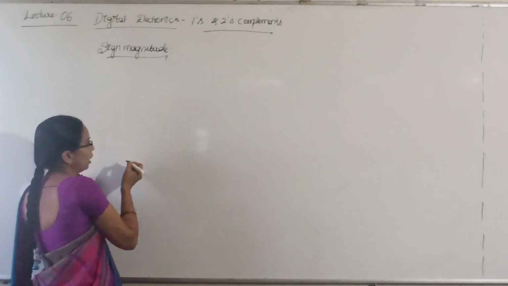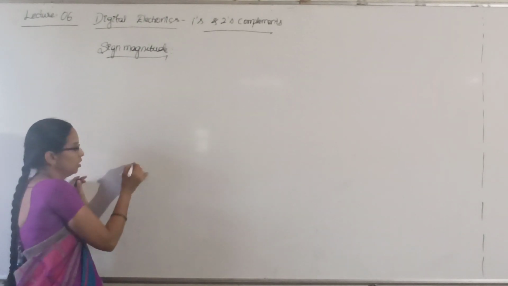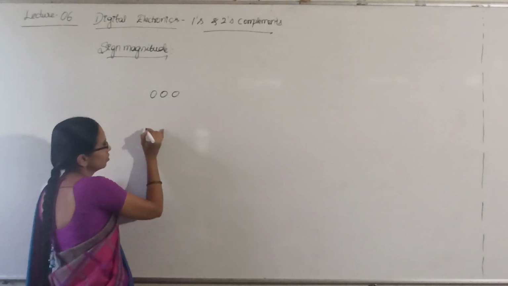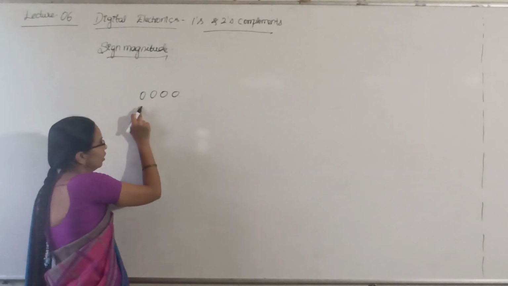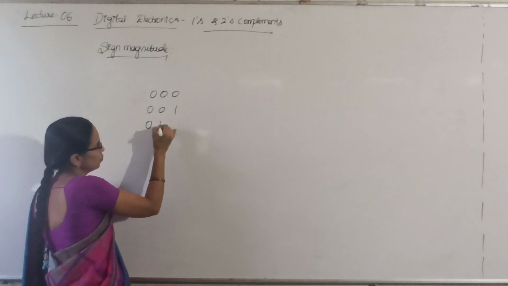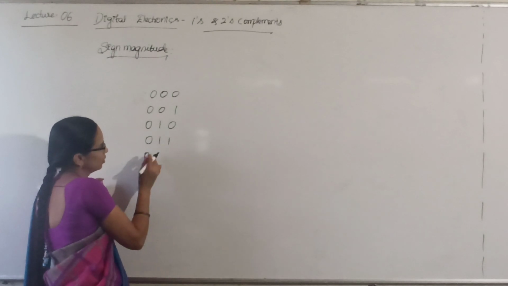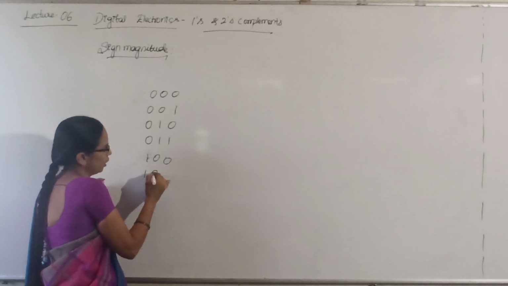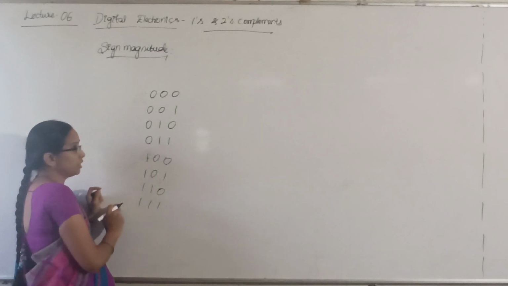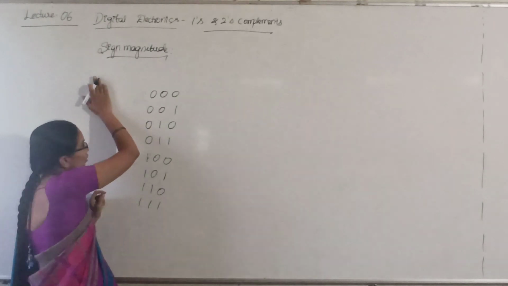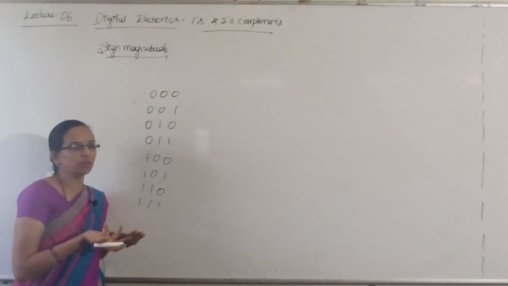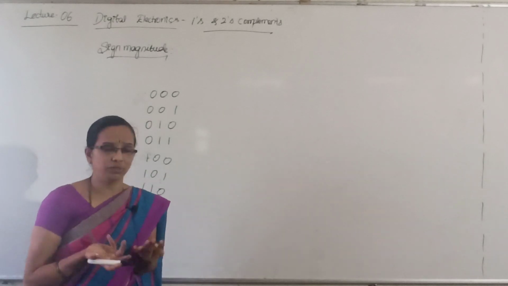That means if I use 3 bits, 3 binary digits, I can represent up to 7. If it is positive, 0 is represented like this, 1 is represented as 0, 0, 1, 2 is represented as 0, 1, 0, then 3, 4, 5, 6 and 7. Okay, this is a disadvantage here: there will not be anything like minus 0 or plus 0, because 0 is 0, nothing, that's all.